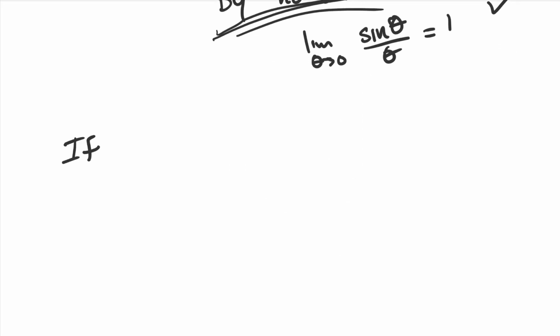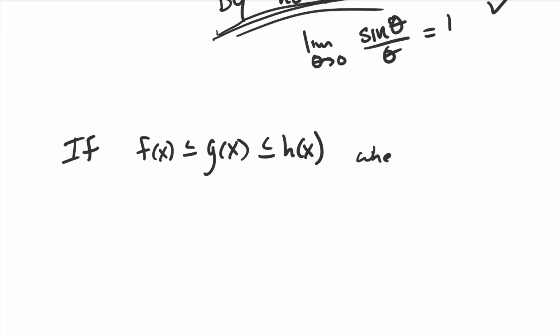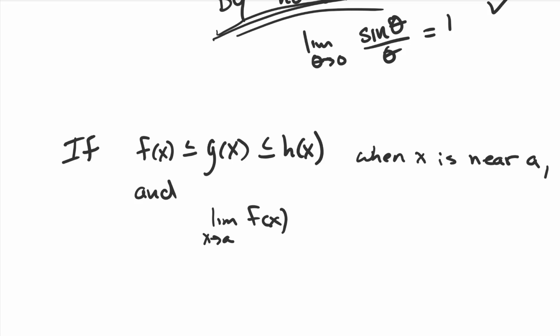It's just saying that if f of x is less than or equal to g of x, which is less than or equal to h of x, a couple of functions, when x is near a, and we have that the limits as x tends towards a of the outer ones are equal to each other, the outer ones equal some limit,